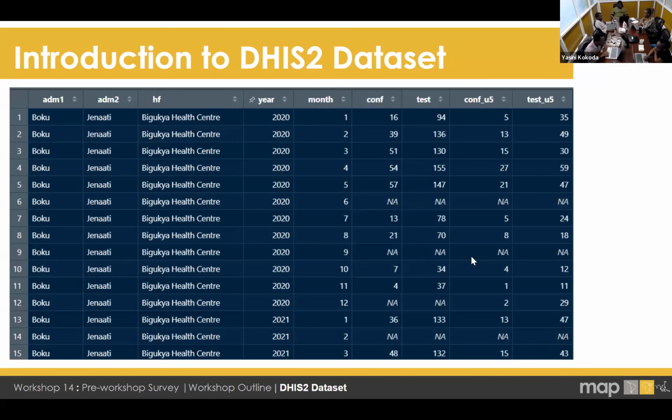So the question here would be, if you are familiar with DHIS2, depending on these indicators, what kind of metric can be derived from this table? Feel free to write on the chat. We have confirmed, tested, we have clinical indicators, we have OPD, consultations, all of those counts. What kind of indicators can be derived? Derived means you are calculating it from the other indicators.